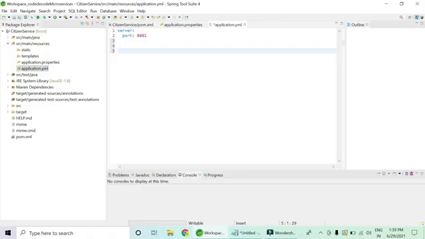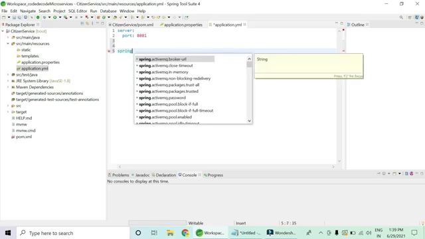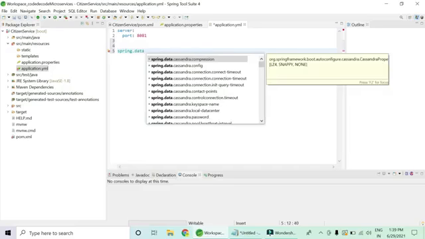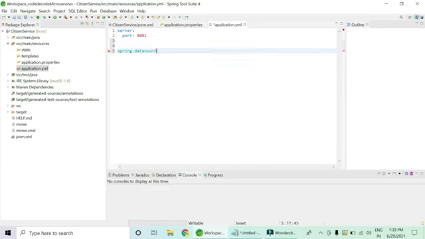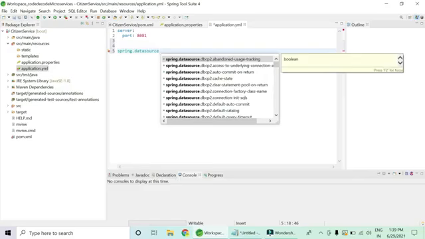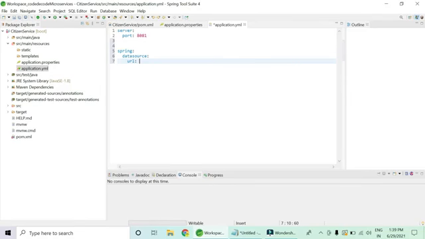Now I want my user service to be connected to a database, which is a MySQL database. So what we need to do is create some data sources out of it. So let me quickly create the data source for you. So spring.datasource. Now in this data source you need four things mainly. First is the URL that you want to connect to. So my URL will be jdbc: